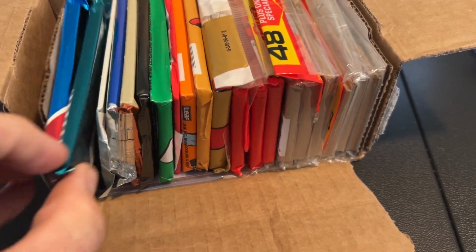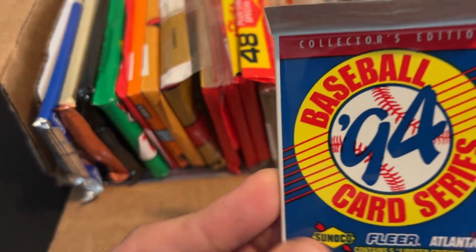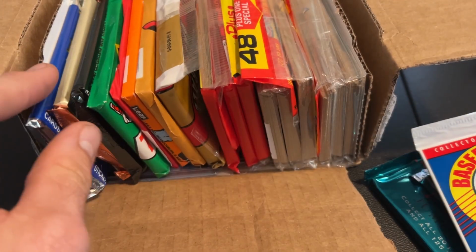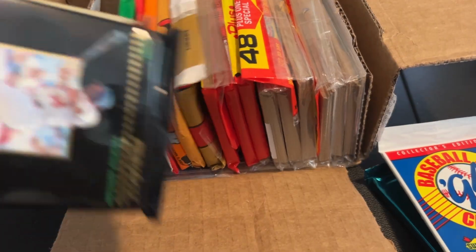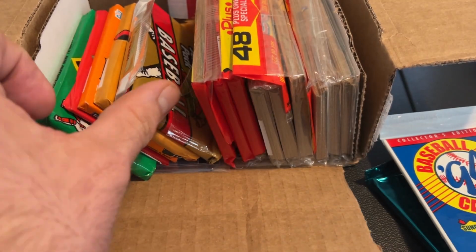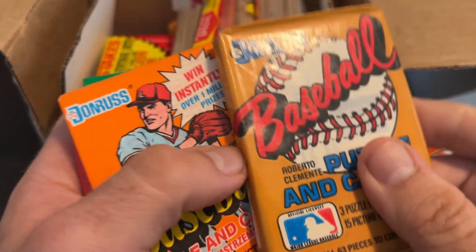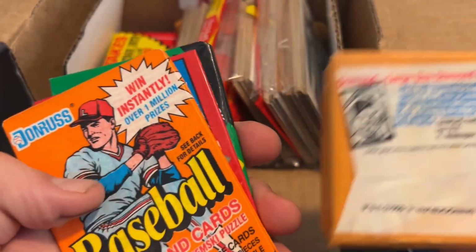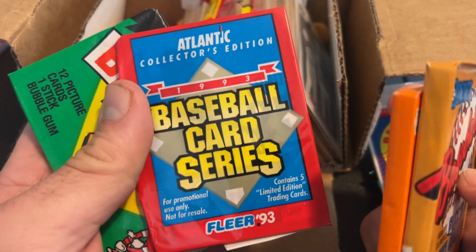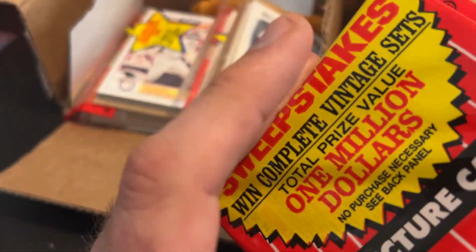And let's see what we got here today. 2004, I think is the earliest. '92 draft. We have a '91 Leaf. '94 Fleer. '91. '92 Score. Pinnacle. Studio '92. Jumbo pack of Bowman, '92 Bowman. Some Don Ross. '93 Fleer. Bowman. '89 Bowman. Looking for the wonderful